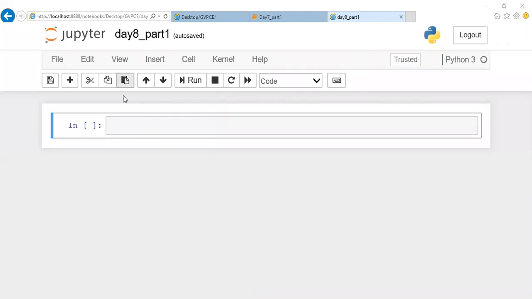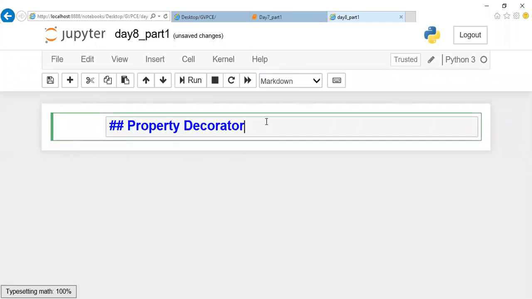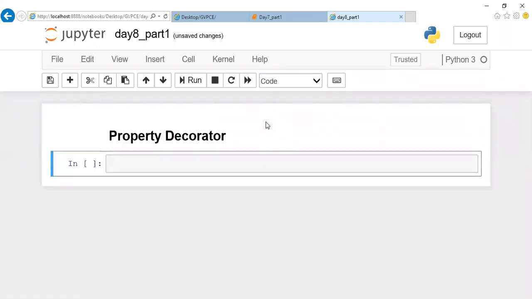So the first topic we are going to see is the property decorator. As I told you, multiple decorators are there, and the first one you're going to see is the property decorator. Today's session, we'll be seeing inheritance and polymorphism concepts, guys. In the afternoon, today we'll complete the morning with the decorators. All the decorators we can complete. So right now let me write a small program for this property decorator.